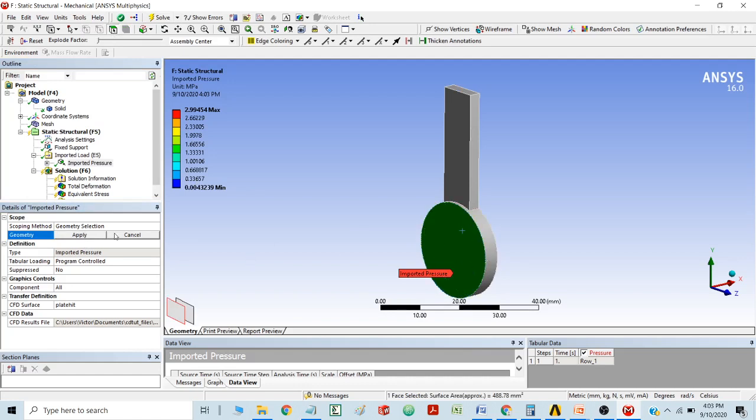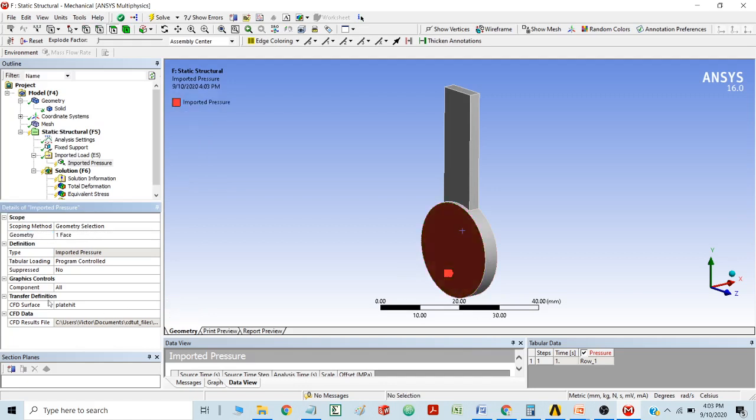After selecting this face, I have clicked apply, and then in the transfer definition there are different CFD surfaces. You can see here that we have boundary 1, boundary 2, open, out, plated. Out of these, the pressure acting on which surface do you want to transfer? I want to transfer the force acting on plated, so I have selected this part. If you want to transfer the pressure acting on boundary 1, that is at the inlet only, you are going to select boundary 1. Instead of that, I am selecting plated because I have separately defined those forces there.